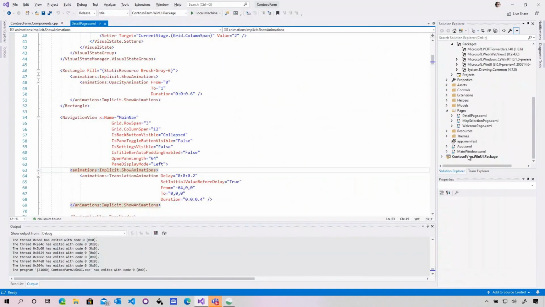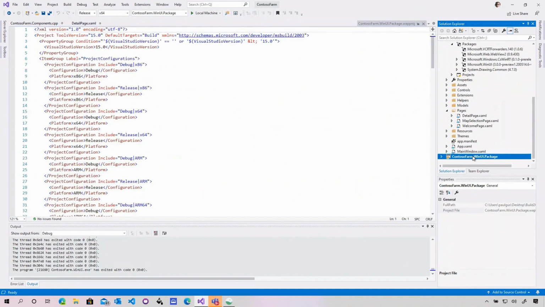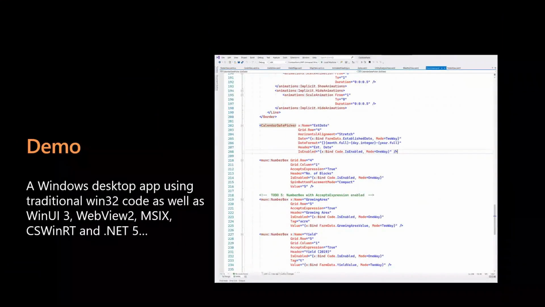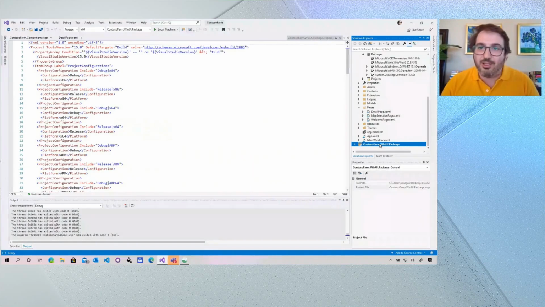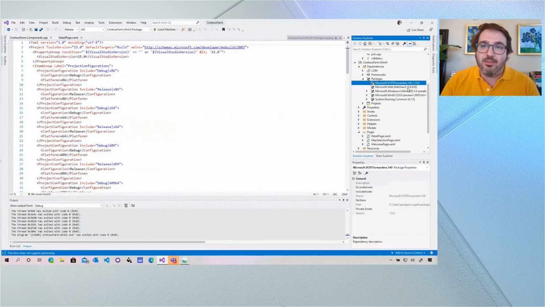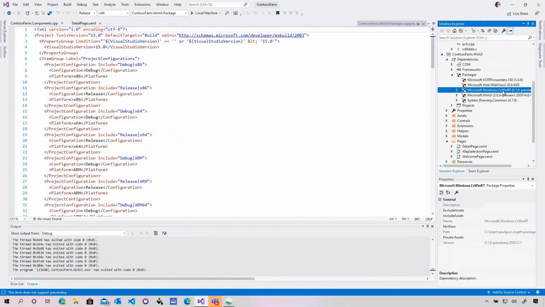This project also uses MSIX, another part of technology we're bringing forward with Project Reunion. So that's pretty cool. It's a very quick sneak peek of how some of this stuff comes together and what it lets you do. One other thing I didn't show, but I'll show real quick: if you see here these package references, these are those things I was talking about. There's CsWinRT, there's WinUI, there's WebView2. And so these APIs are being referenced from these packages, not directly from the OS,